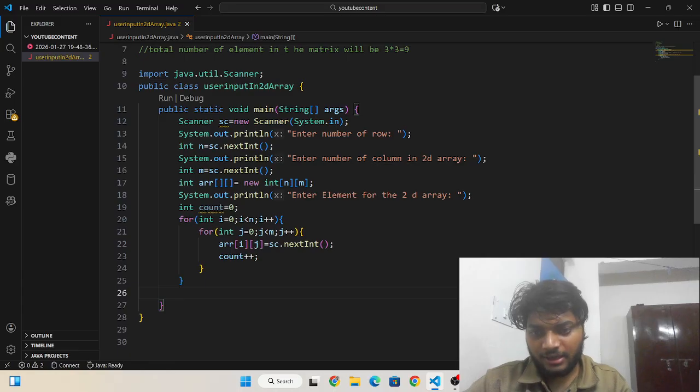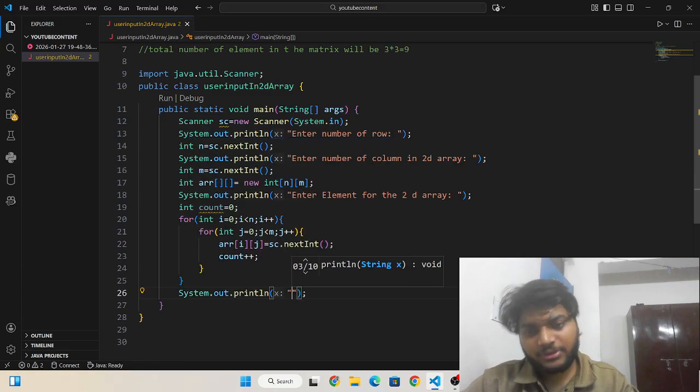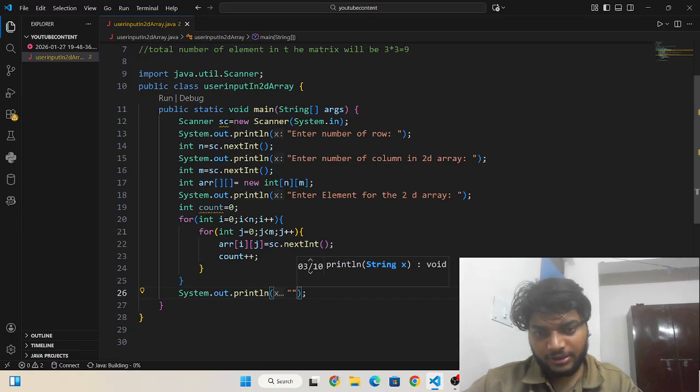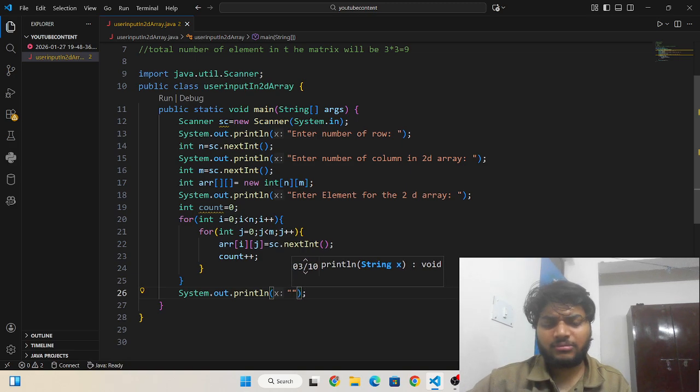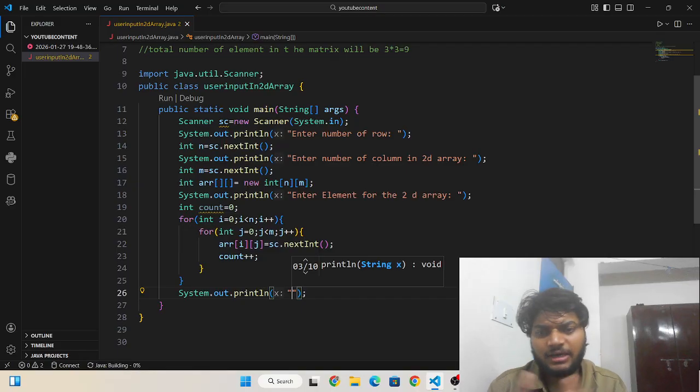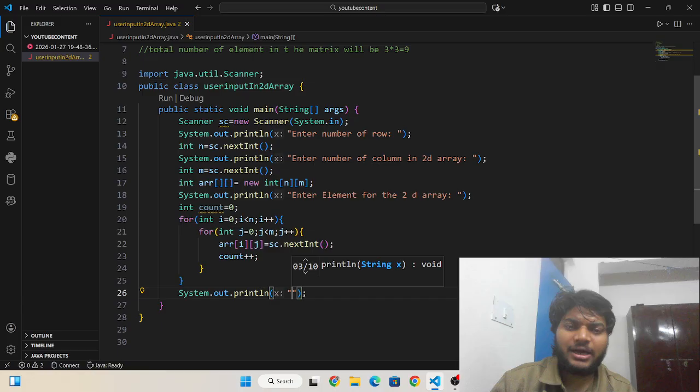Now I need to write a print statement. We are going to display the elements that we have taken from the user.